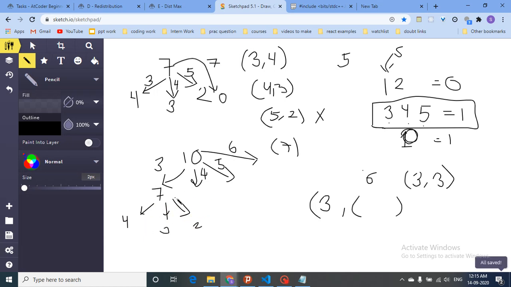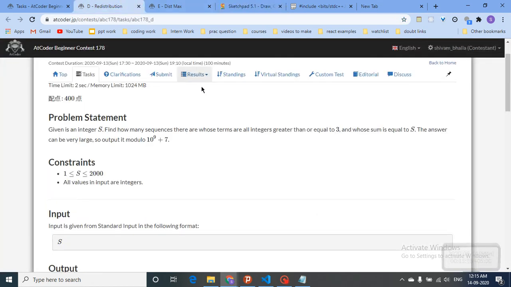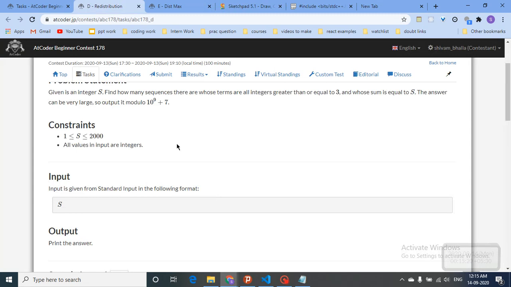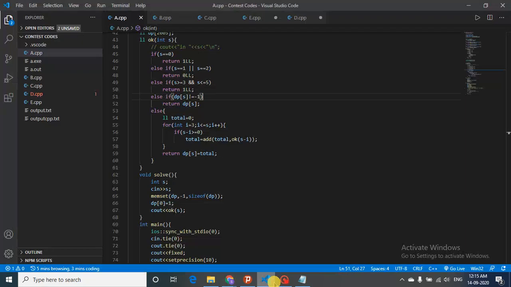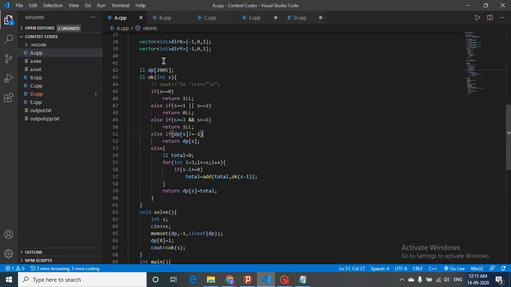But because there are some sub problems which are repeating, you can use DP or memoization so you don't have to redo the subtask again. So that's the whole trick for this question. I'll return to the code part now to make it more clear. So this is the DP.